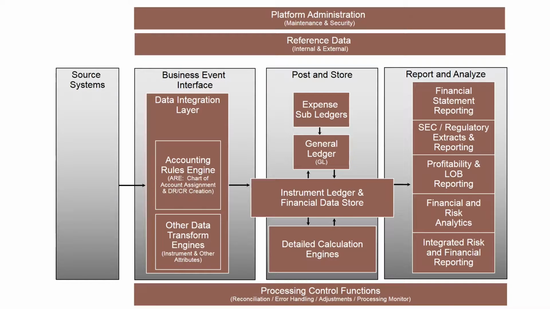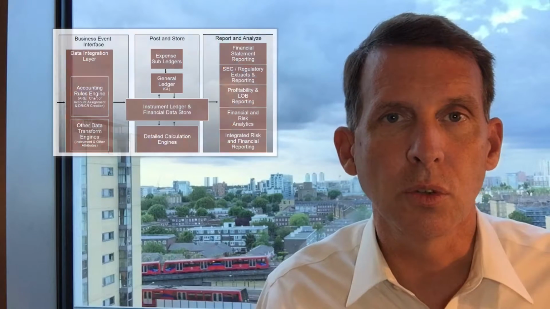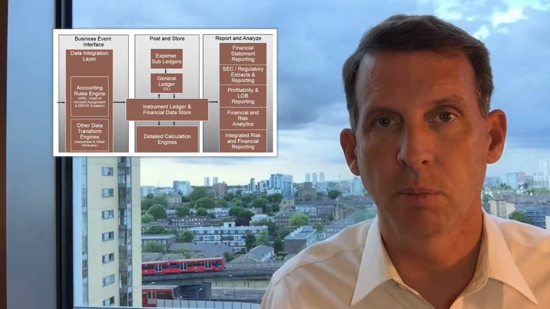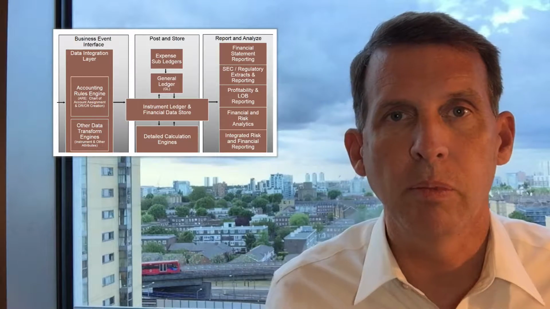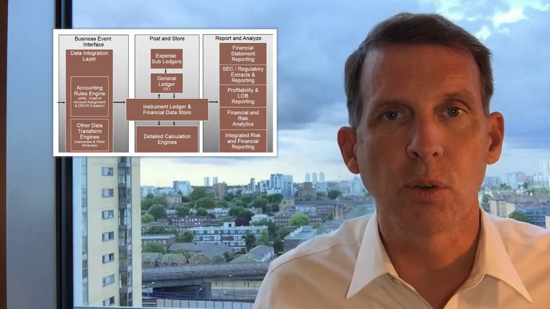There's more detail shown on this architecture picture around the other elements, and today I'll just give you a brief overview. We'll talk about this architecture picture in upcoming episodes in more detail. The post and store layer is at the heart of this process. I think the process of creating a data supply chain happens in the post and store layer. That's where we take individual transactions and create a balance of some kind,